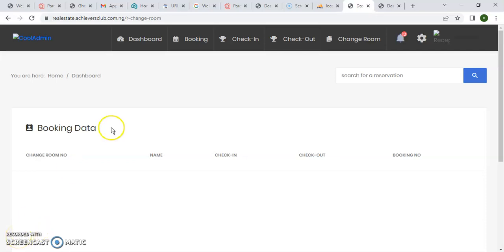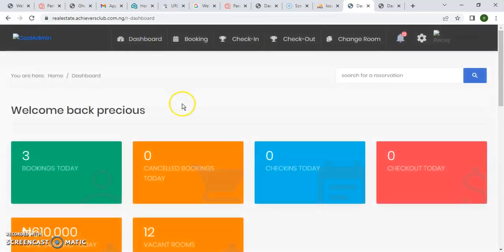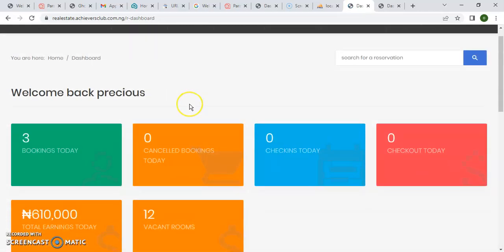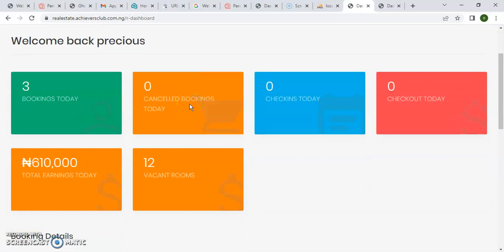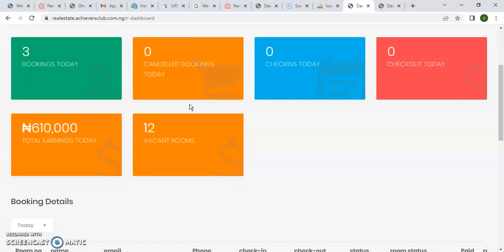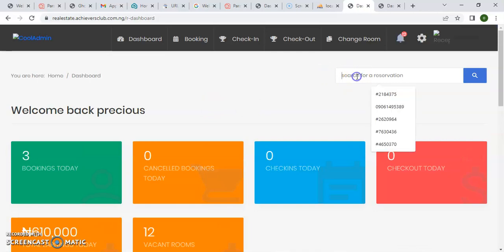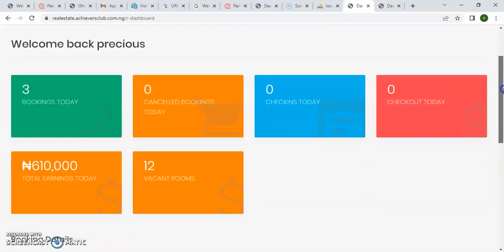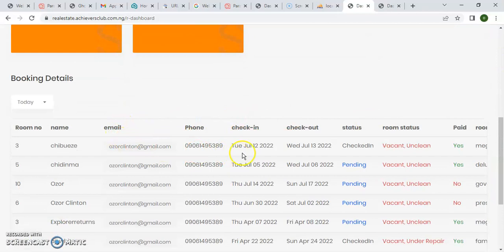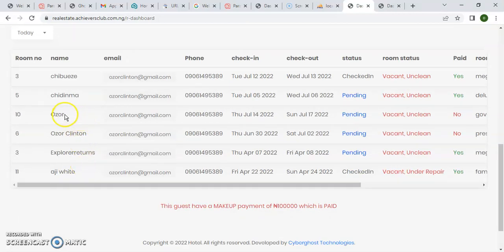Okay, just to add something. In cases where a guest forgets his booking number for any reason, you can actually search for the guest information based on the phone number of the guest. It will still bring out the guest information. You can even search based on name. Let's just search for